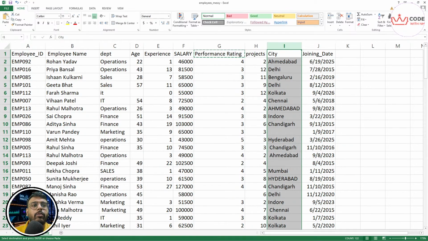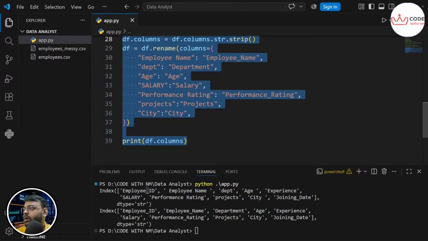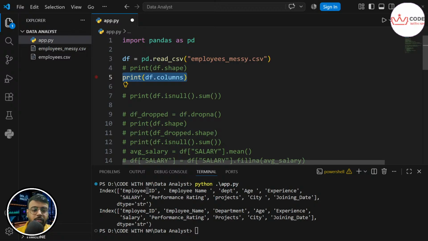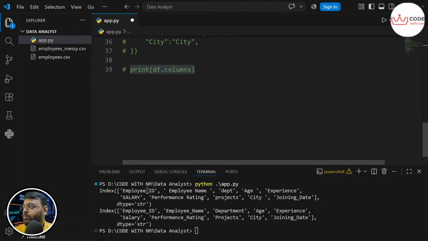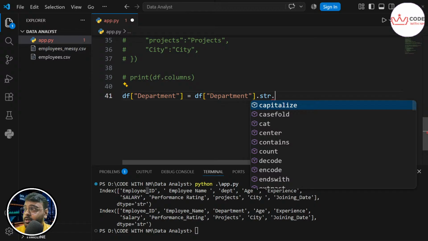I think you understood the problem statement, so let's solve and fix it through the code. Let me comment all this out. This is not required, and this is not required either. Let's jump to the end of the file and start coding. I am only targeting the department; your homework is for the city. So df department, the same thing, because I'm working with department, and first I need to remove the trailing space. So first I will do dot str dot strip,